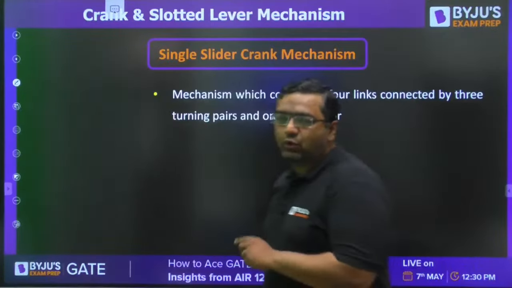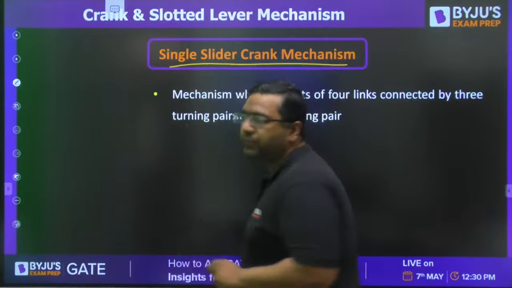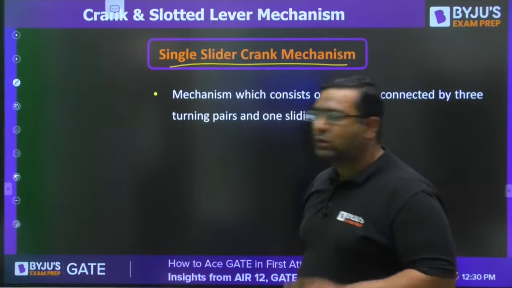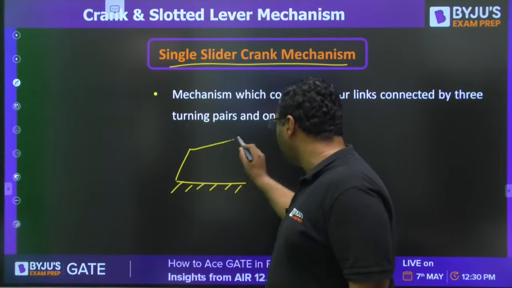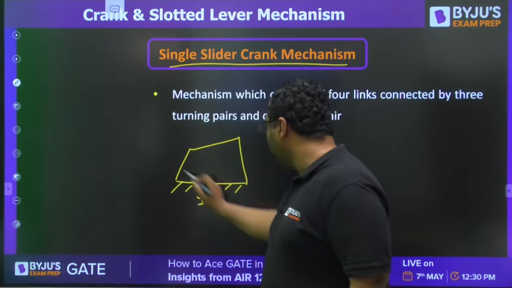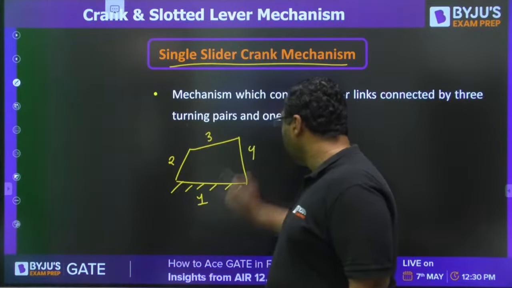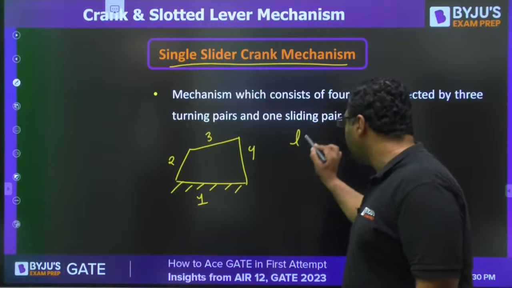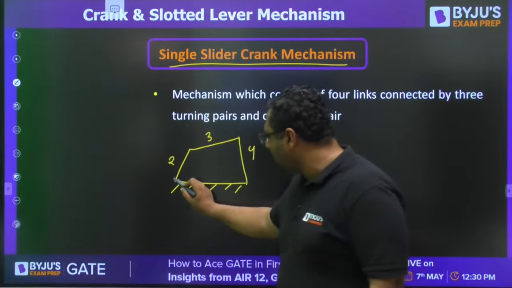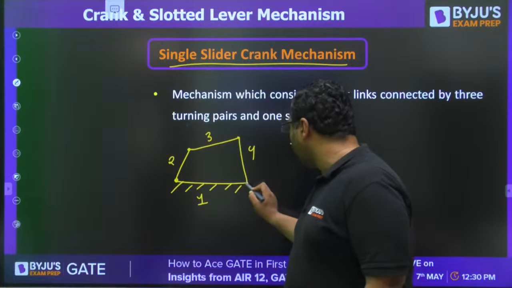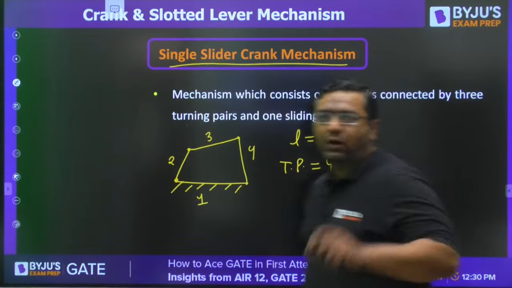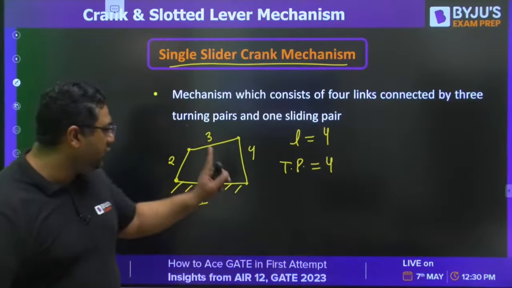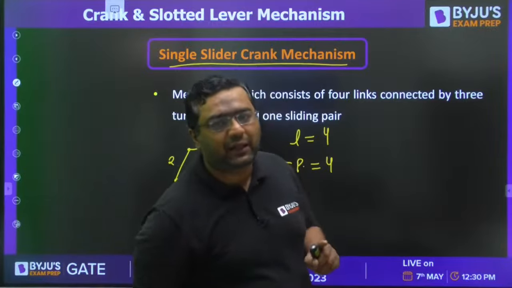Fine. So guys, let's start the session. Now, we are talking about the single slider crank mechanism. If you remember, in the last class, we talked about the simple 4-bar mechanism. There the number of links were 4, 1, 2, 3 and 4. We also said that these are 4 turning pairs. So 4 links and 4 turning pairs were there, and this was the first type of